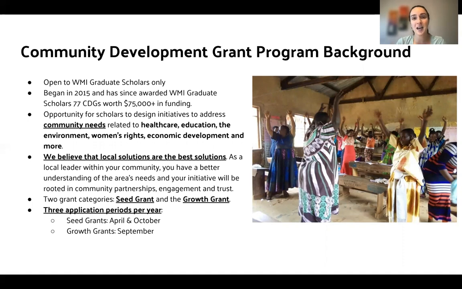We have 3 application periods per year. For seed grants, we accept applications twice a year, in the April cycle and the October cycle. For those who qualify and are invited to apply, the growth grant application cycle starts in September every year.